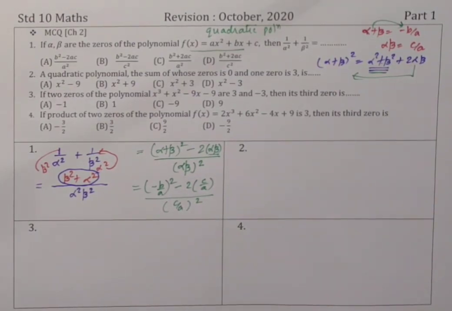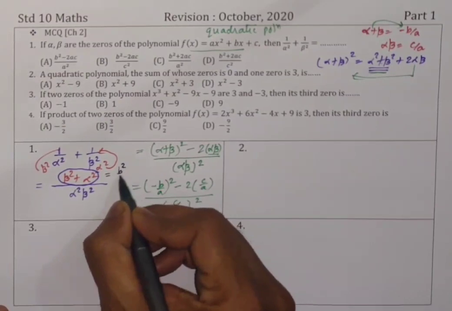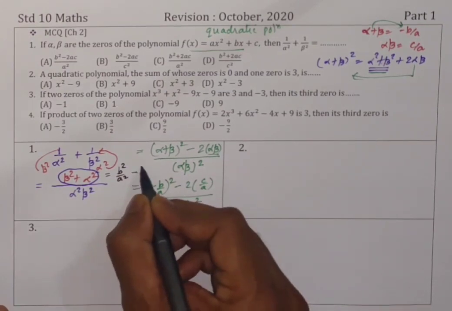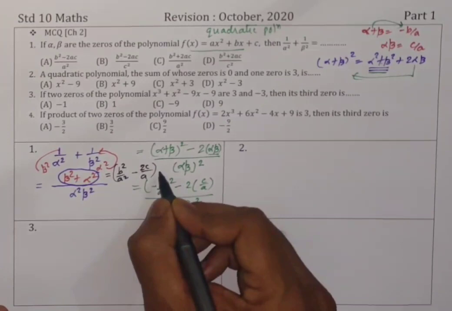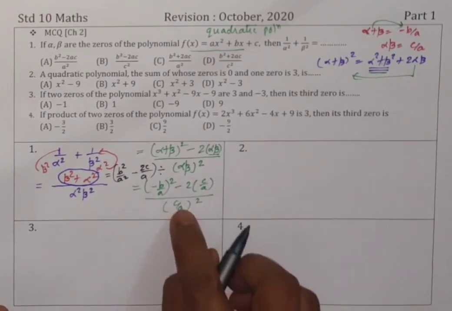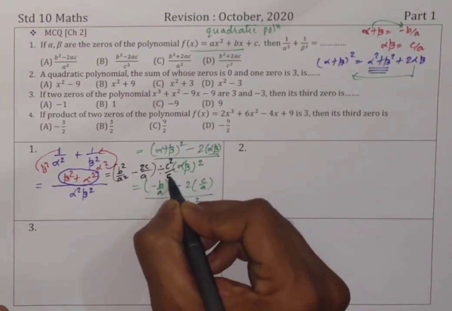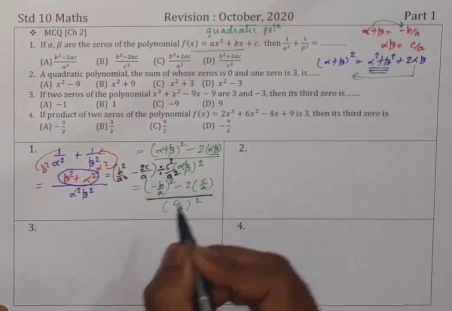Correct? Now a little bit of calculation. What will we do? This is equal to plus b square upon a square. Correct? Index is even, so it becomes plus. And this is minus 2c upon a. I am writing in the bracket and then divide by c upon a whole square. So that is c square upon a square. Instead of whole upon, I put the division sign.